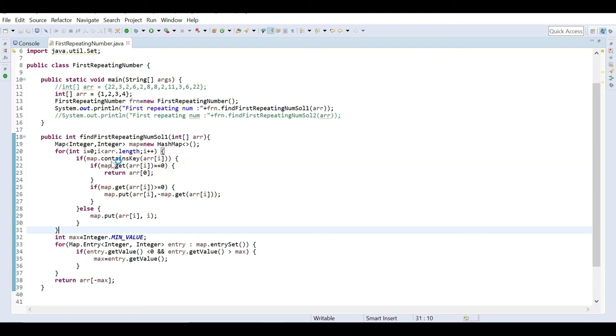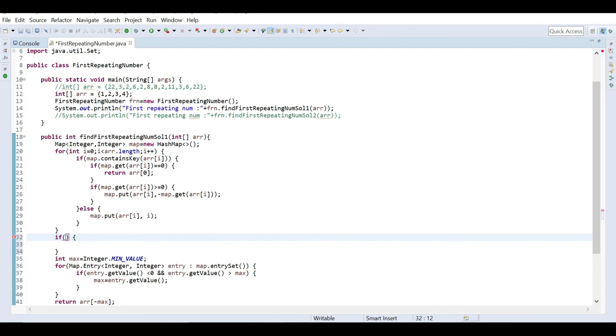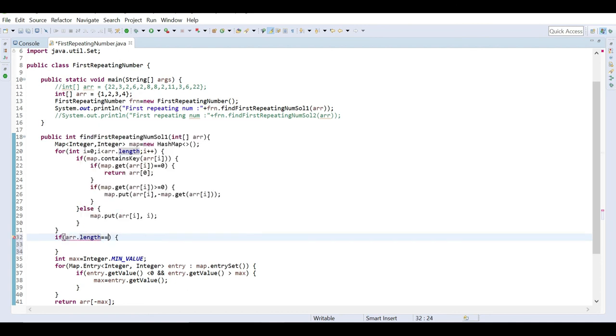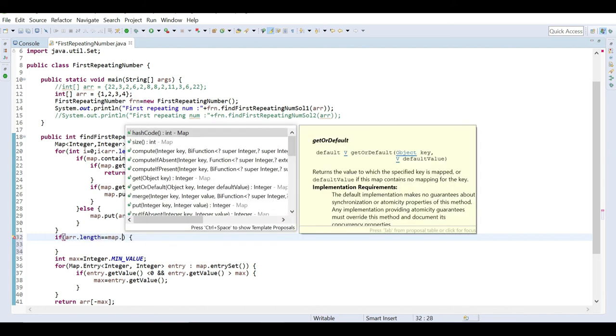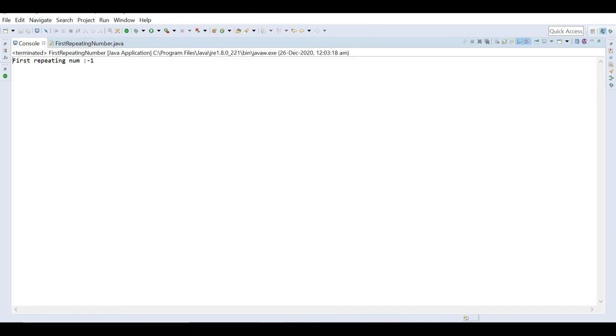So we have to put a condition here: if array.length equals map.size, then we return -1. We can send anything, but symbolically we present it as -1. Previously it was showing an error, but this time it will say first repeating number is -1.